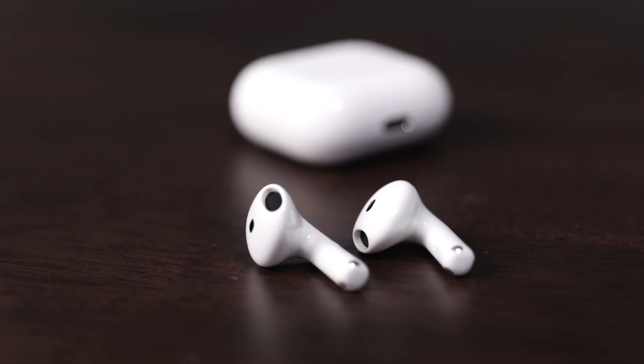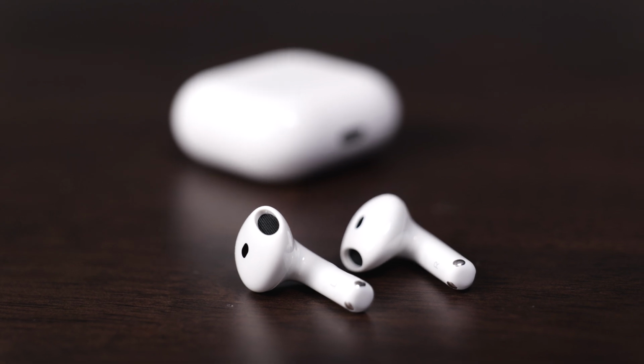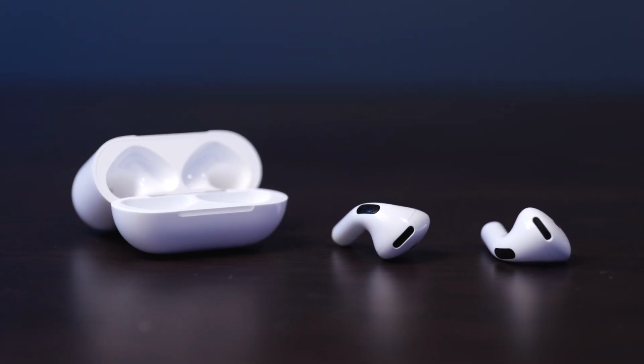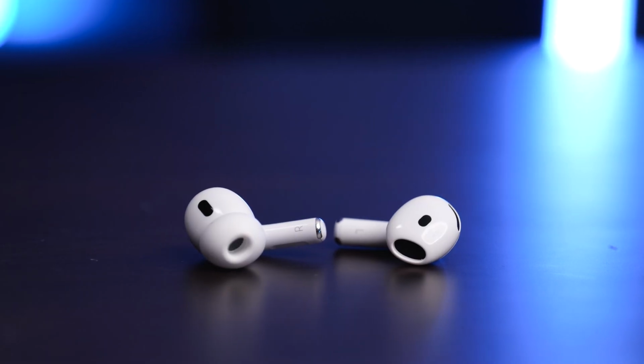I think you should buy the AirPods 4 non-noise cancellation if you just want a nice set of headphones for listening and you really like the looser feel to them. Buy the AirPods 4 with the noise cancellation if you want to get a little bit of noise cancellation, but just don't buy them if you're expecting to be completely isolated from the world. They're going to do a better job than non-noise canceling headphones, of course,